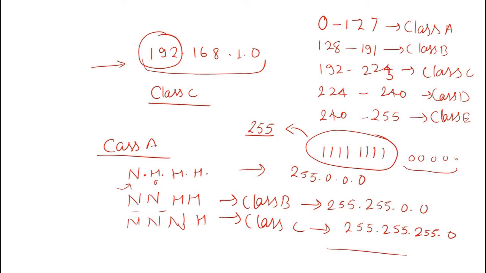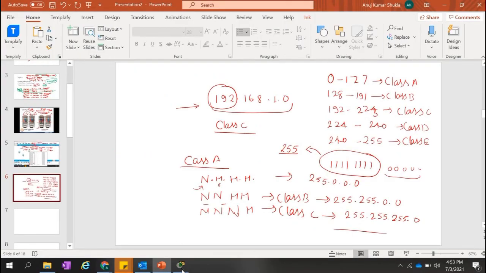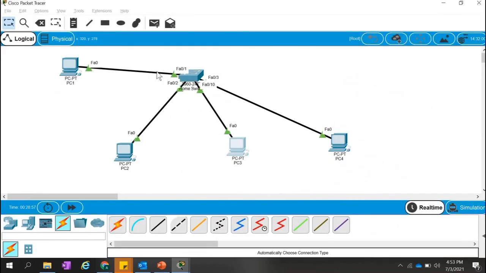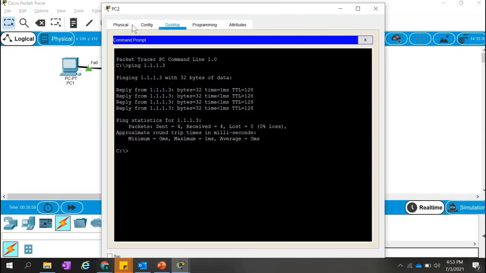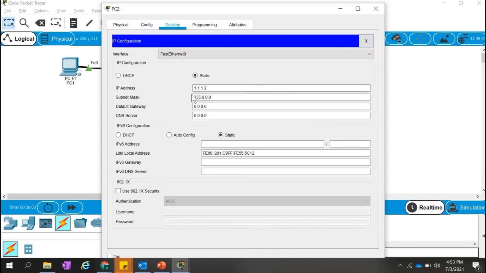Thank you, sir. If you check in our Packet Tracer, whenever we give an IP address to the computer, for example 1.1.1.2, it automatically takes the mask 255.0.0.0, because it knows it starts from 1.